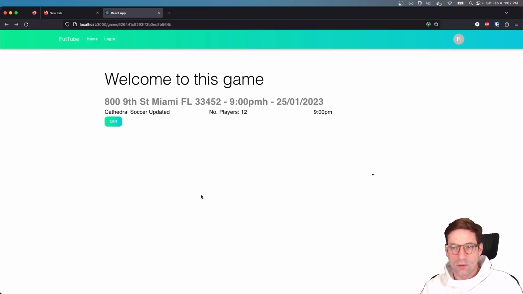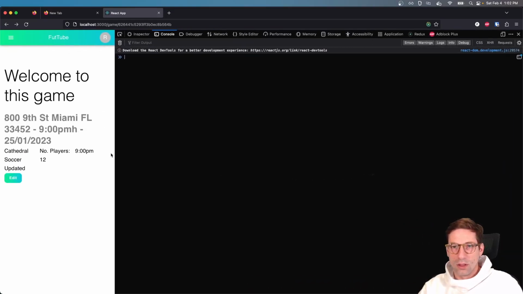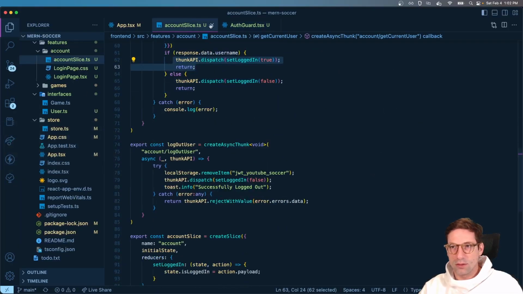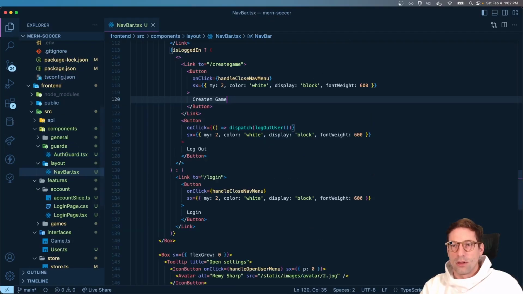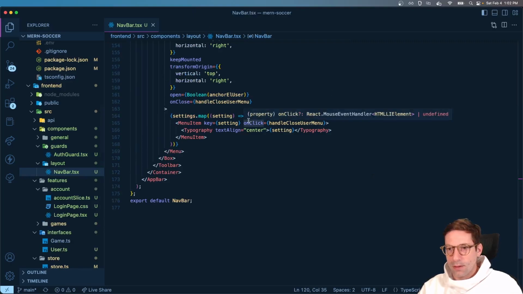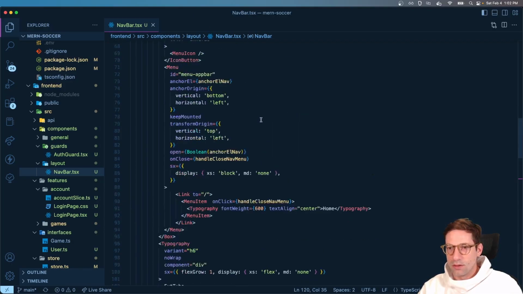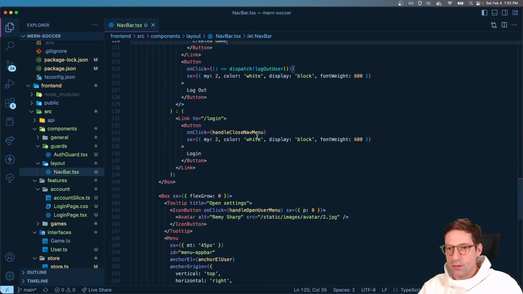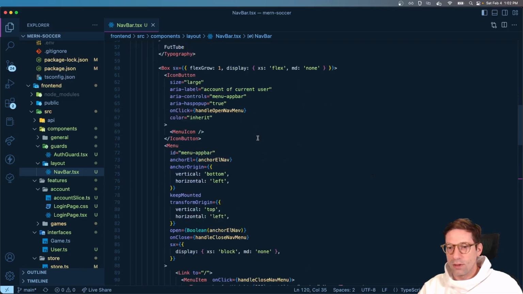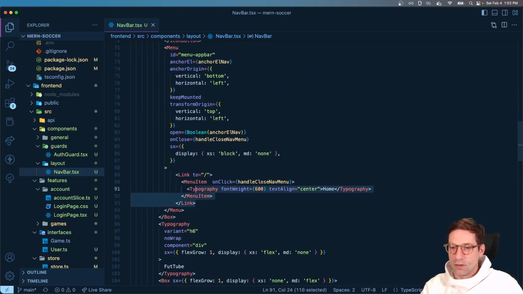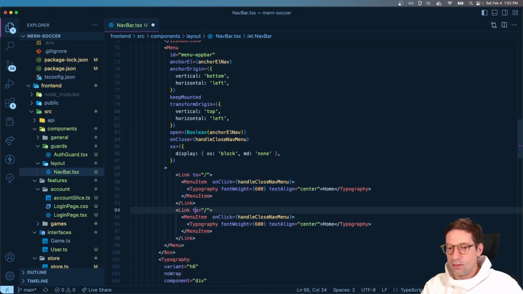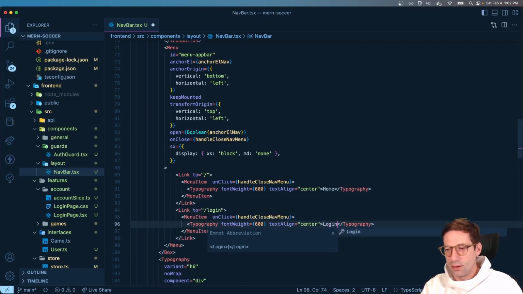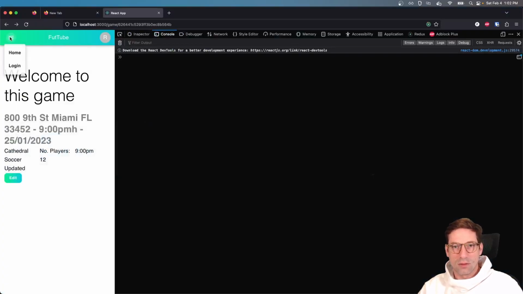Also, some things to notice that I didn't have the time to go through, but this menu right now only has home. But if you want to add more menus, obviously you go to your navbar and you can add them. I think it's this one right here, settings. Probably I only have, no, it's not that one. Where's the other one? I think I only have one. Yeah, here. So you have that. You can add here login, right? And I can call this login, and then you can make it dynamic too, but there you go, there's the